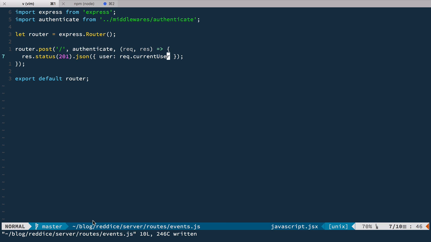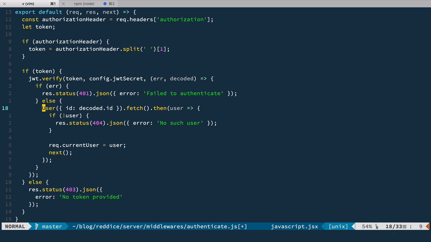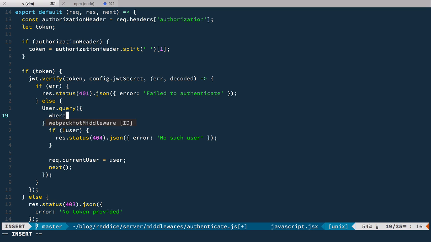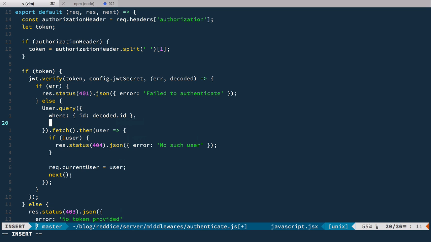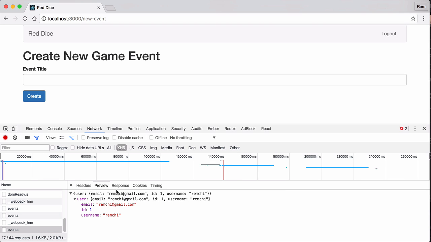So for that, let's go back to our middleware, and instead of just making this kind of thing here, I'm gonna create a query, and inside of this we'll have where ID equal decoded.id, and select is gonna be an array of columns that we want to select, and there's gonna be email, ID, and maybe username, like safe stuff. So now if we go back to the browser and try to submit again, now we'll have much safer user details,